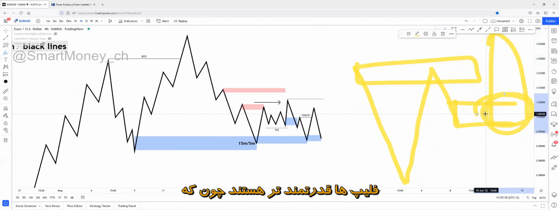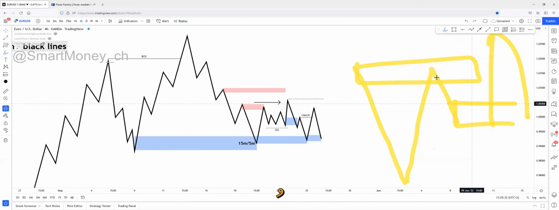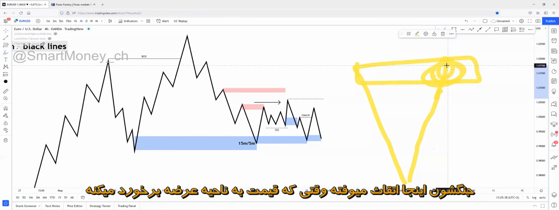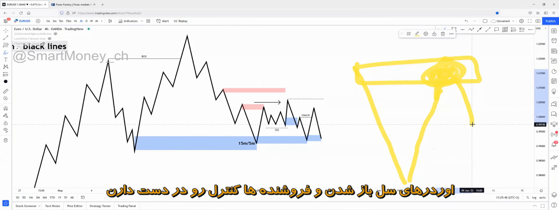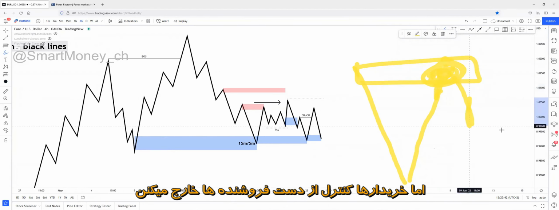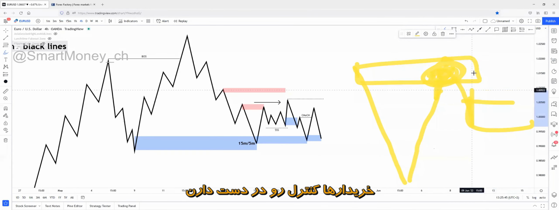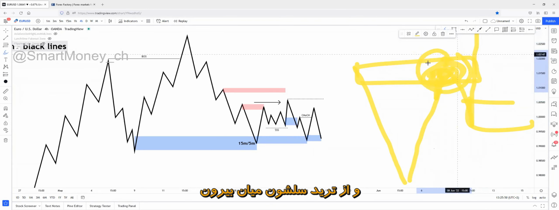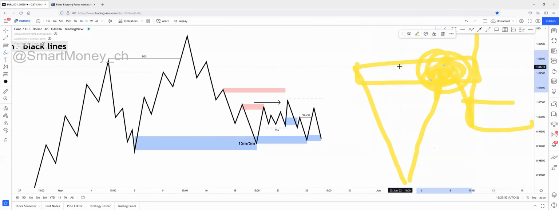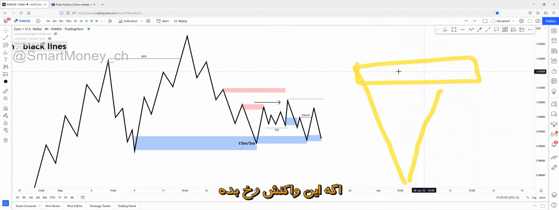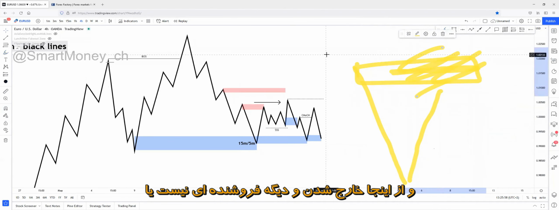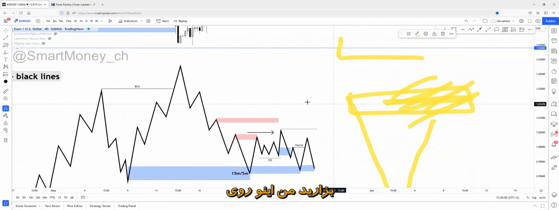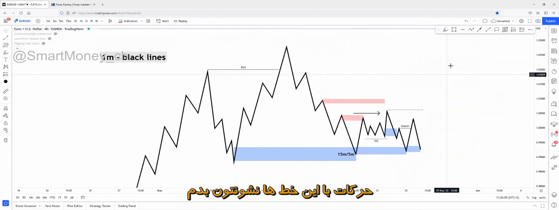because there's a battle between the buyers and the sellers, and a battle happens here when price taps the supply zone. Sell orders are being opened, sellers are in control, but buyers take over control from sellers. Buyers are in control, meaning buyers were stronger than sellers, meaning that all of the sellers have been swept out from the market. And if this reaction happens, that means that the sellers have been swept out from this region, and there won't be sellers, or fewer sellers, on the higher supply zones, for example, like this. Let me just present this with the arrow movements.